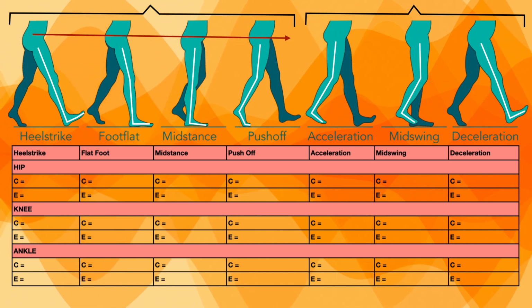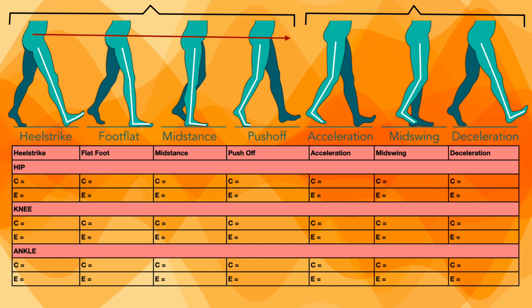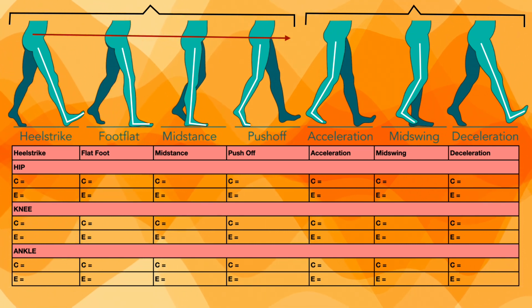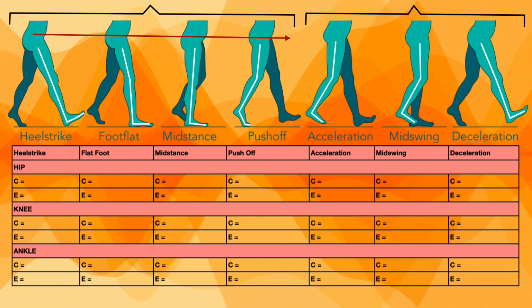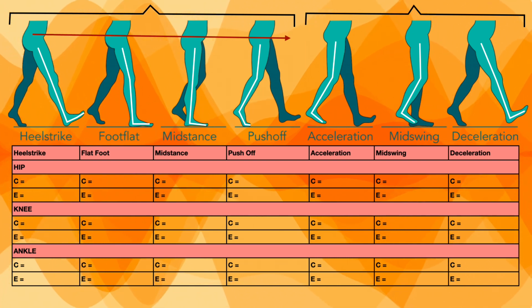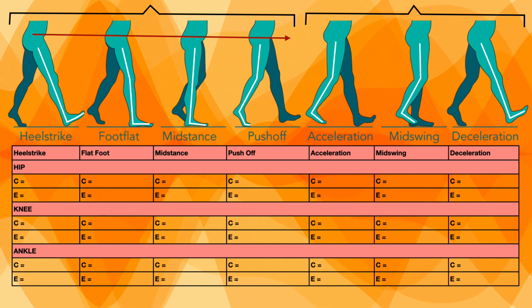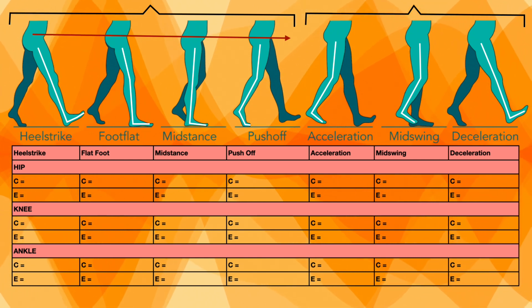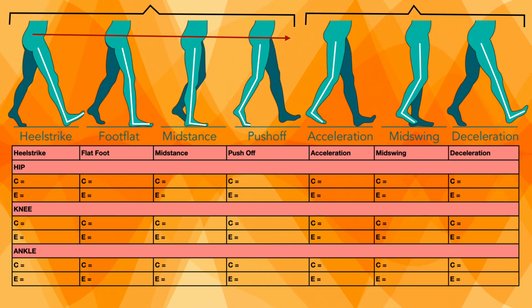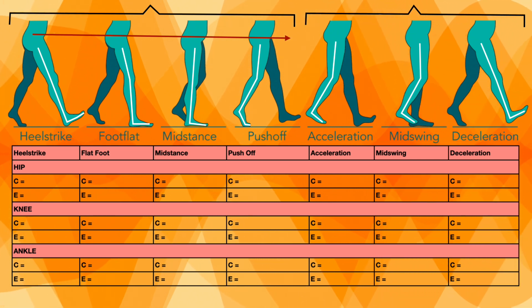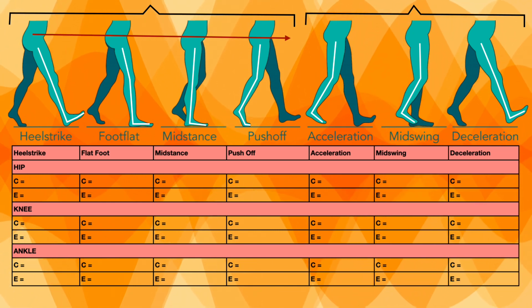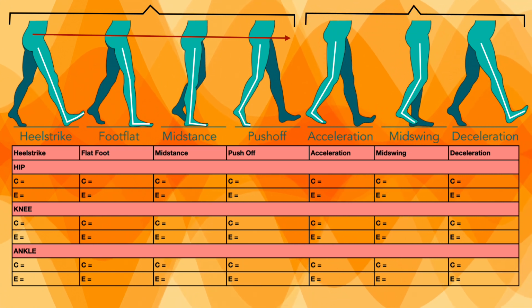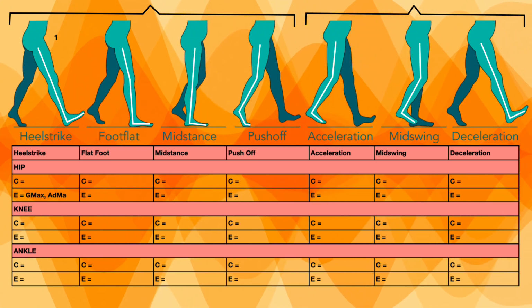In the stance phase, from heel strike, flat foot and mid stance, we see that at the hip level the hip is in a flexed state and then gradually comes into extension. Now for the first phase, heel strike, we have to see that the phase before the heel strike was a swing phase and the hip was in a state of flexion. So now from flexion it is coming into extension. The extensor muscles will be active, and because this is a controlled extension of the hip, it will be an eccentric contraction of the hip extensors. So in the heel strike, gluteus maximus and adductor magnus will contract eccentrically.